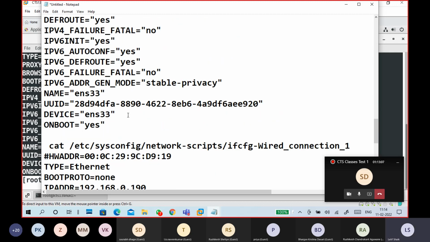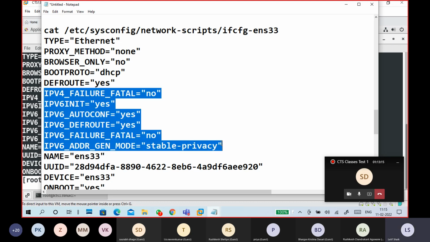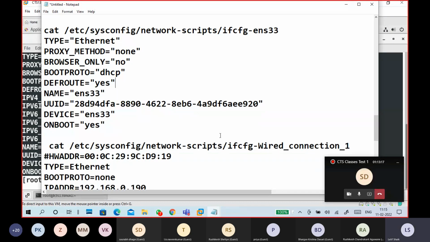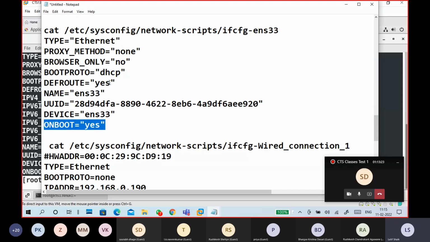So here also you can see the names are a little different. This configuration I am removing because the text is very big. You can't see any IPADDR here. Only it is showing ONBOOT, BOOTPROTO dhcp, name and UUID. You don't configure anything here because it's a DHCP type of configuration.